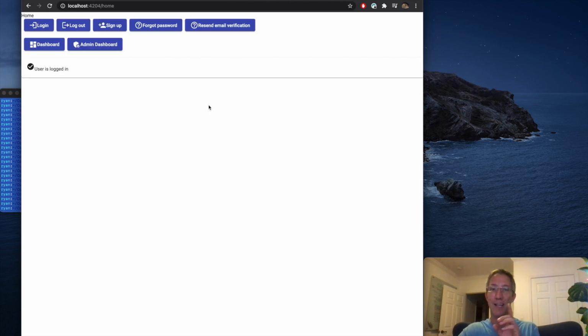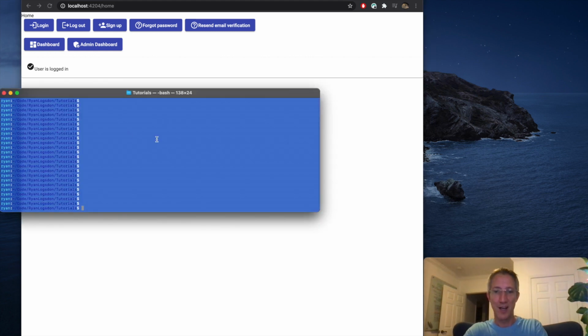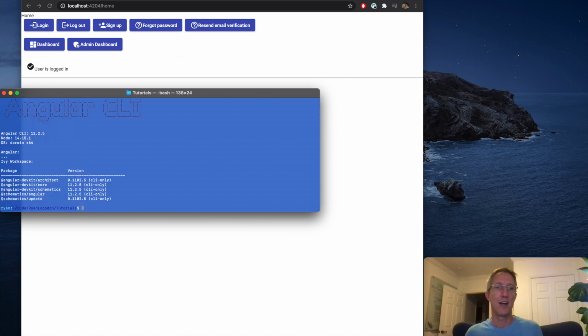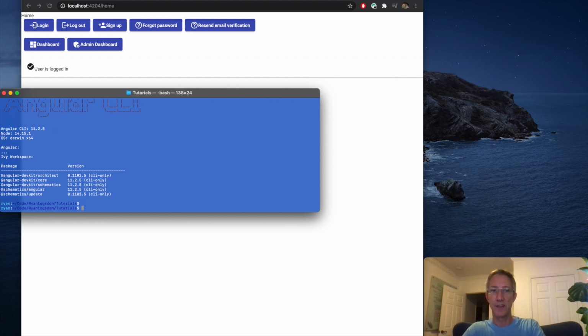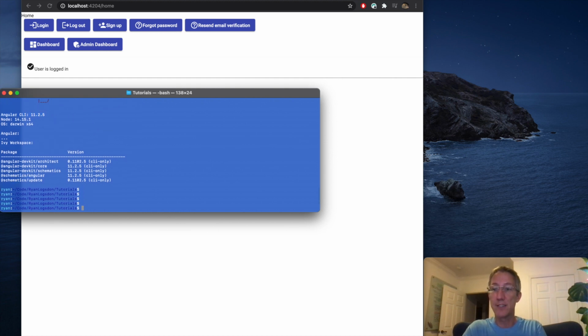So we're going to go back and recreate this app now. So in a terminal, I'm going to first check that I have the right version of Angular. You need at least Angular 9. I really would suggest using the newest one. So you can just type Angular version. And you can see that I have Angular CLI 11.2. You can also just upgrade for yourself. npm install globally